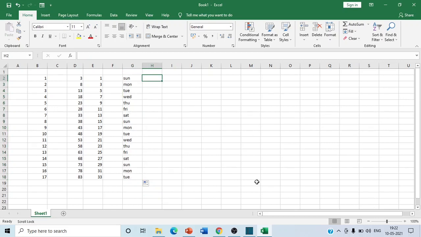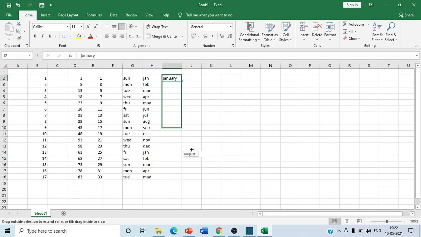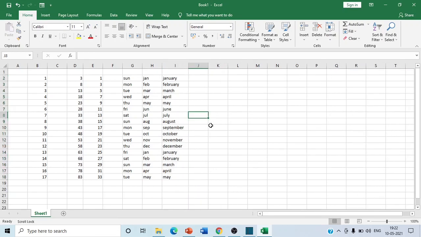For example, if we write Jan, meaning January, and you click and drag it, then you can see all the values: January, February, March, and so on. For example, we spell all these things correctly: January, February, March, April. Whatever you want, you can get with the predefined series, some common sequences like Sunday, Monday, January, February, and many more things you can enter.